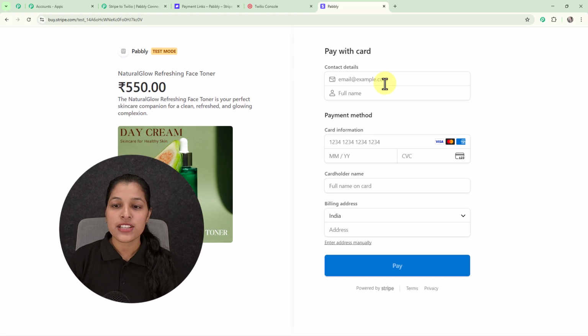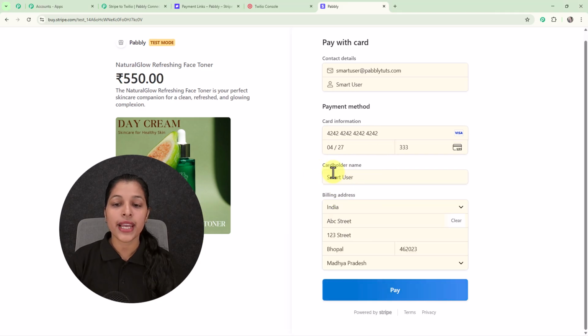So here I am going to enter my email address as smartuser@pabblytunes.com and my name as smartuser. And afterwards I am going to enter my card information over here, and now I am going to enter my billing address here. So here you can see I have entered my card holder name as Smart User, and here I have entered my billing address as well, where I have entered my street address, city, state and its pin